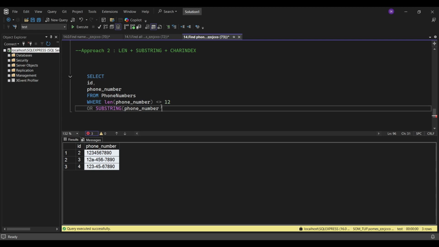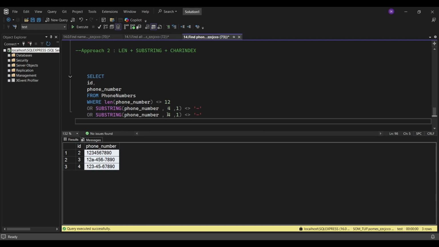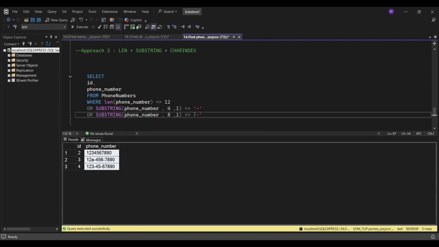We are taking the substring from position 4, of length 1. If I hover on this, it says starting position and the length. From the fourth position, how many characters do you want? I just want one character from the fourth. So that's why I'm saying this. Then here as well, I'll say not equal to dash. The same thing, let me copy. Here I'll just say 8 not equal to dash,